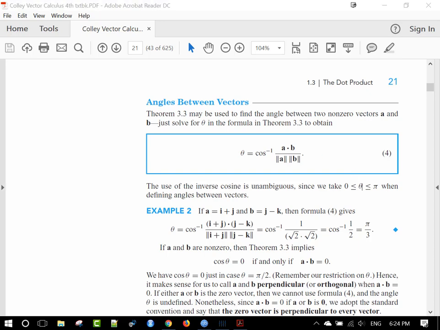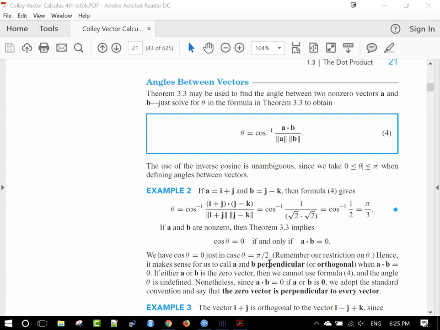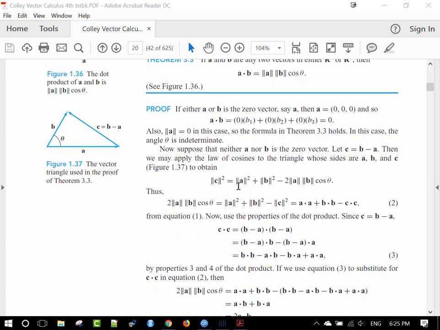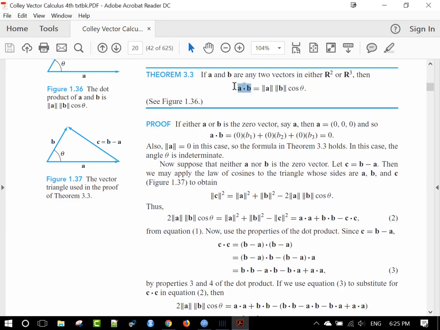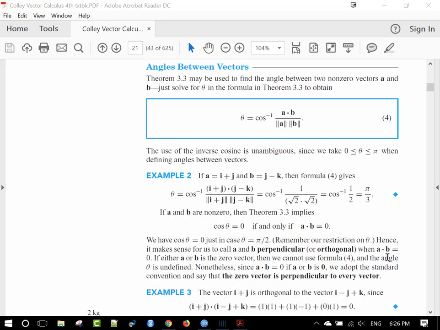So as an example, here's an A and here's a B. We can ask what's the angle between these two. We just use this. So we get the angle between these is pi over 3. Now we can say that A and B are perpendicular. What does that mean? That means that the angle between them is pi over 2, and that will be when A dot B equals 0. Because when they're perpendicular, the cosine of theta is 0, and that means that A dot B equals 0. So anyway, when A dot B equals 0,